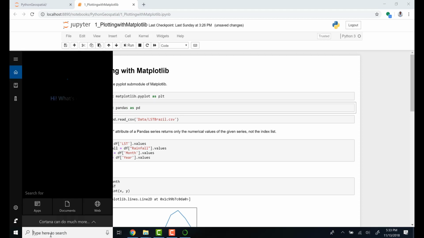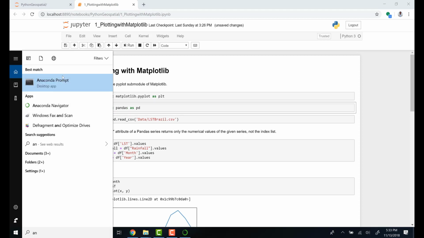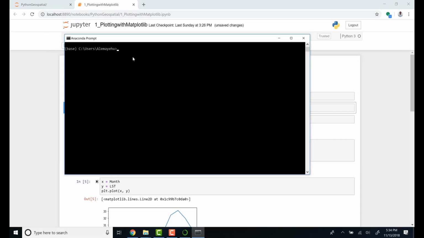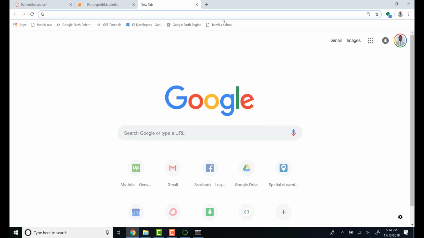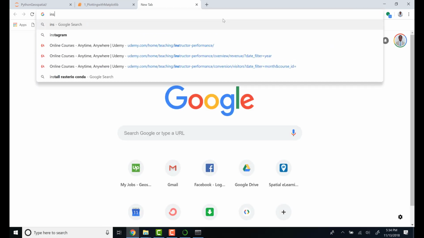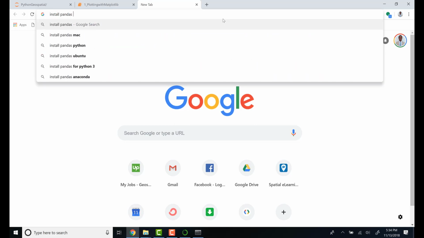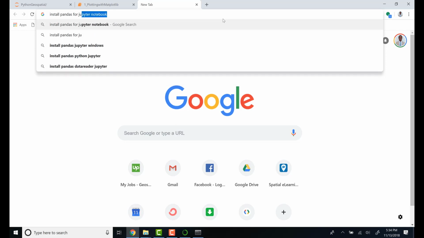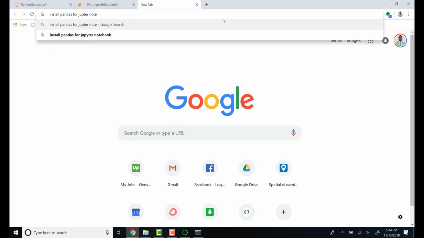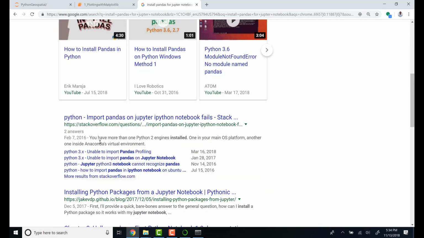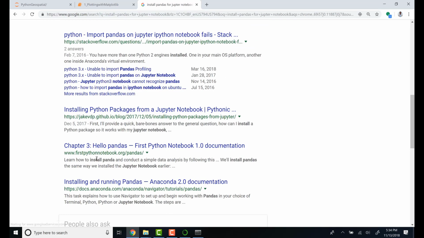So let's go to the Anaconda prompt. That's how you install a package, for example pandas. To install any Python package, let me show you. Let's Google it: install pandas Jupyter notebook. So if you just click here,